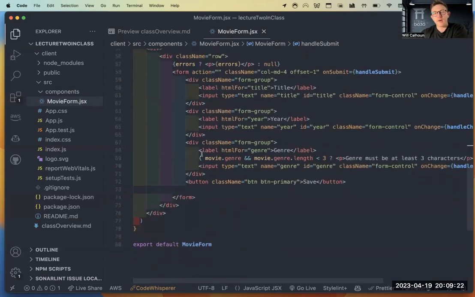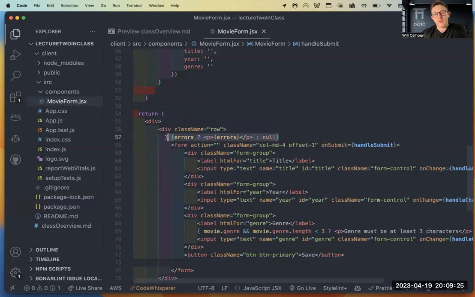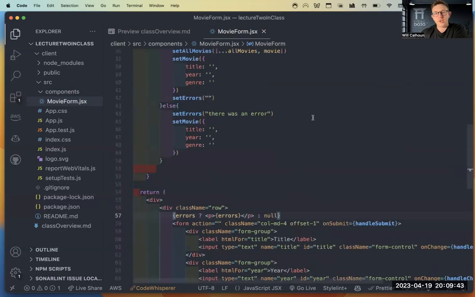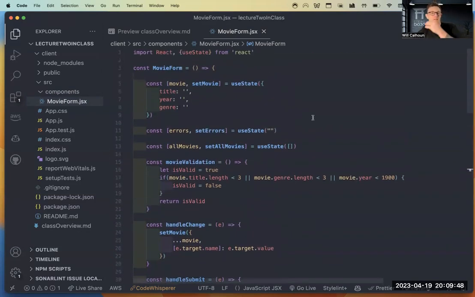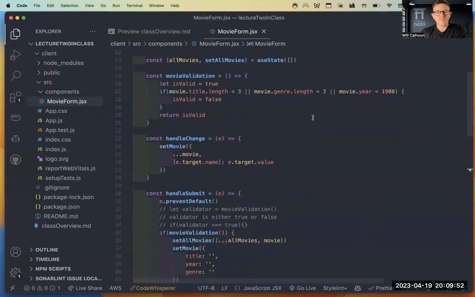The only piece in our form that's different is if there is an error, we just show it at the top right there. And that's something we can continue to build on and improve upon. But that's a black belt feature. So if you're sitting there saying this does not make sense, don't worry about it. You can always continue to learn it, or we can continue in office hour. And there are other, even cooler ways, in my opinion, that we can handle our errors and make it a little bit more unique.